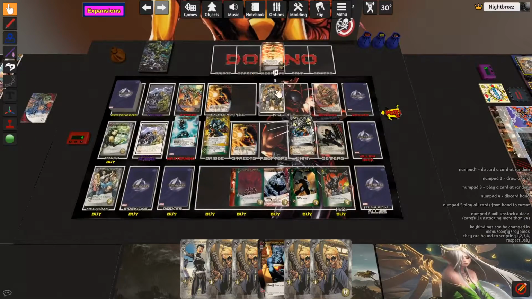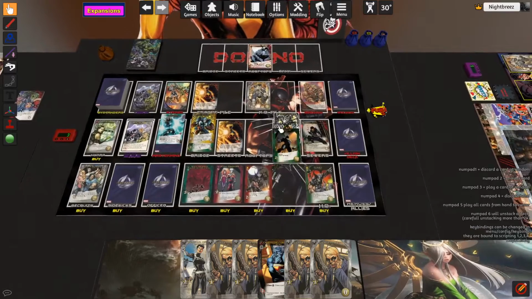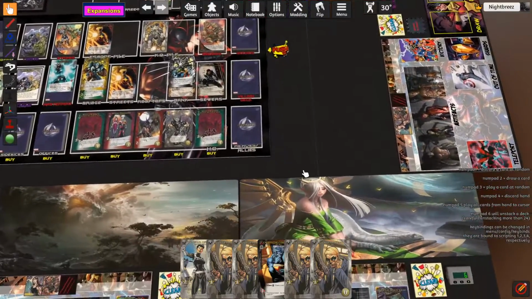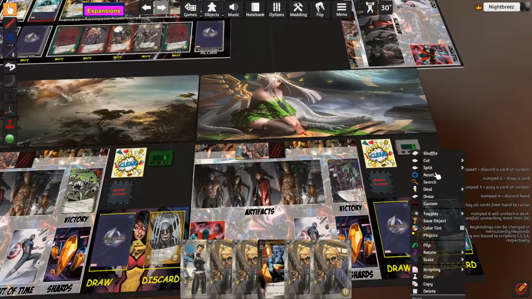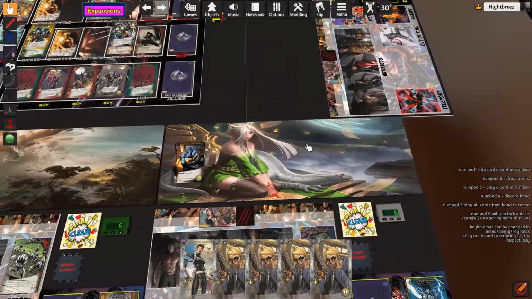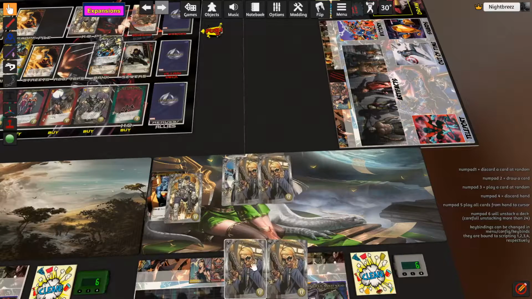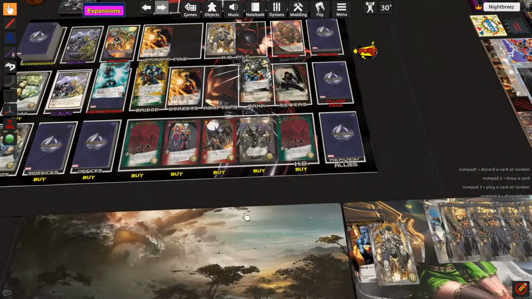So this Phoenix ult goes bye-bye. We're up to 12 KO'd heroes. That's not good. So do we have a tech? Do have a tech. So playing this guy will allow us to draw a card. That brings us up to 2 attack. That's 2, 3, 4, 5, 6 recruit, which is 1 short for this Wolverine ult, but that's kind of